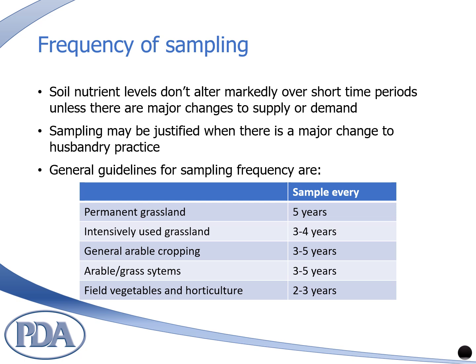Frequency of sampling. Soil nutrient levels do not alter markedly over short periods of time unless major factors of supply or demand are introduced. There is therefore no point in incurring the additional cost of sampling more frequently than necessary, except perhaps as a check to ensure that earlier sampling has been carried out properly. Additional sampling may be justified where there is a major change to husbandry practice, for instance, alteration of cropping or